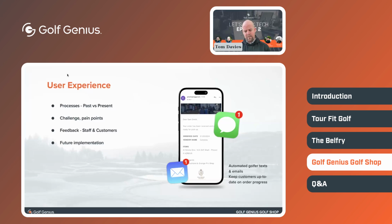And just tagging on the golf shop and the golf genius experience then to the back end of that, those people are typically friends with those type of people as well. So the word of mouth then just spreads and spreads and spreads, and it's been awesome. So we just wanted to do more business in the areas that we want to do it in, and with the people that we want to do it with, and less of the opposite, effectively. It's actually quite simple, but